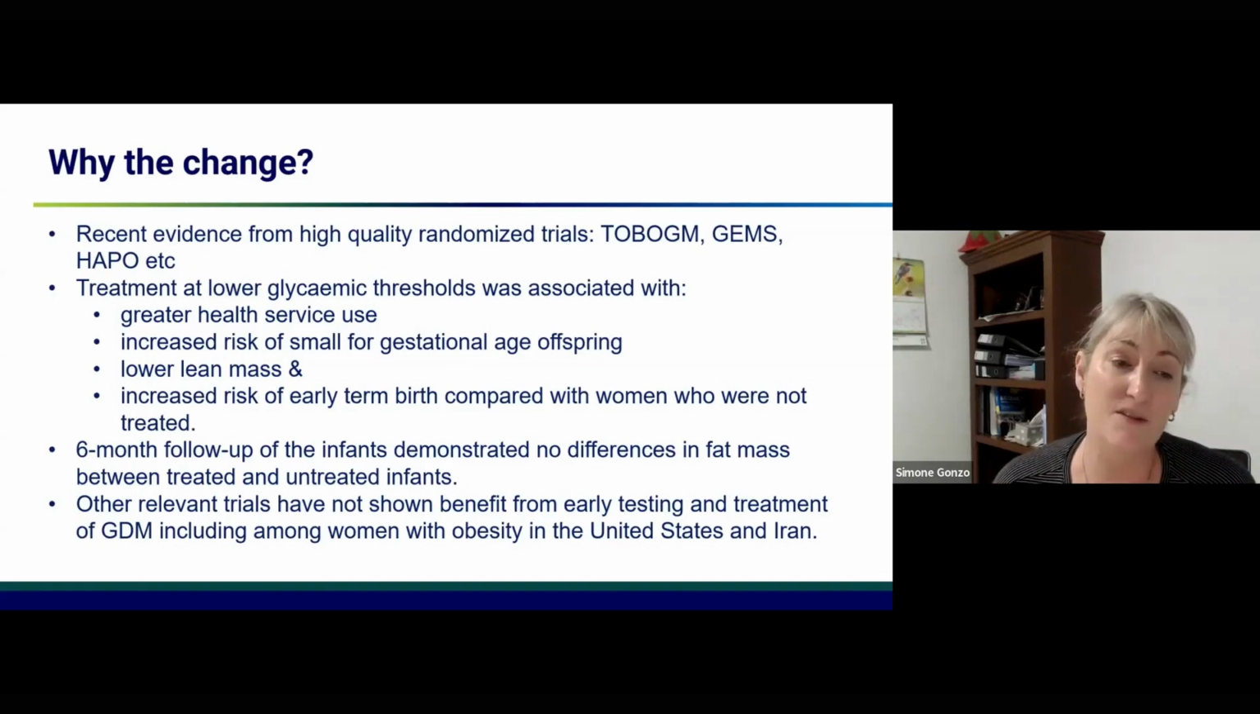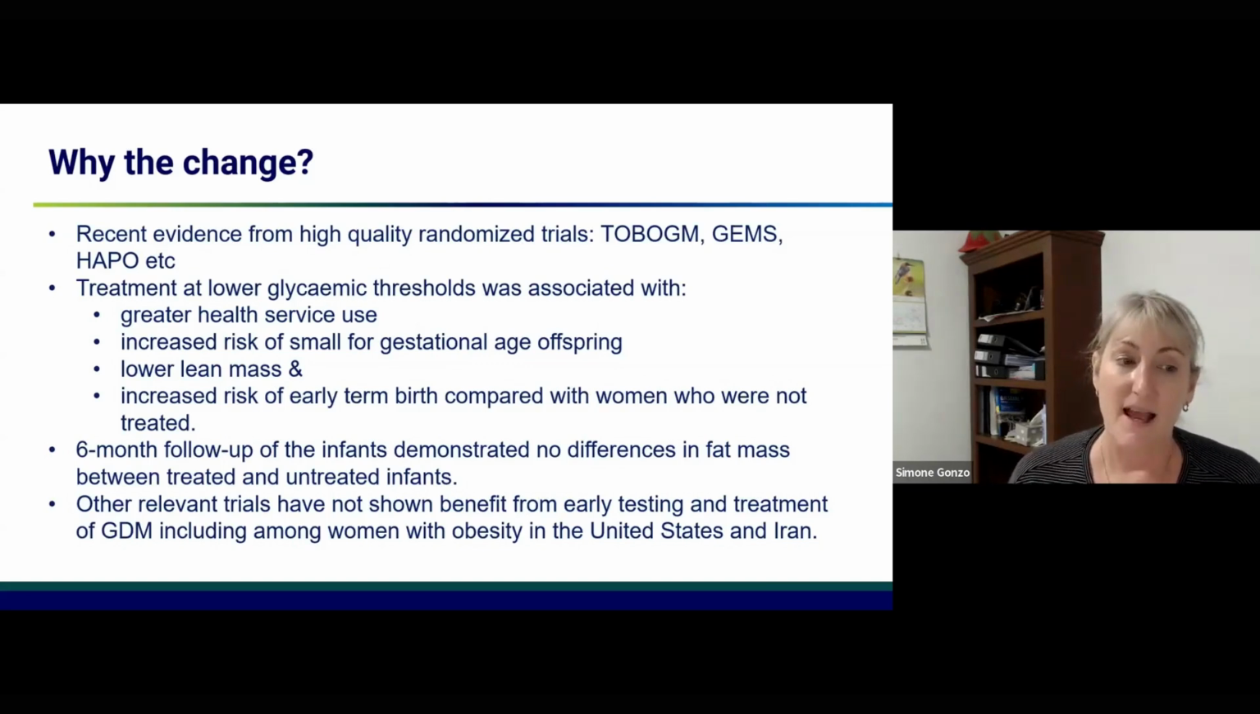There's also been an increased risk of small for gestational age offspring because of that tighter control, a lower lean mass, and increased risk of early term birth compared with women who weren't treated. So they've extrapolated and seen that these numbers are actually starting to mean something, that we can make these changes in our guidelines. 6-month follow-up of the infants within the studies demonstrated no differences in fat mass between treated and